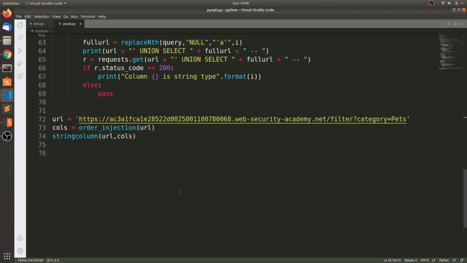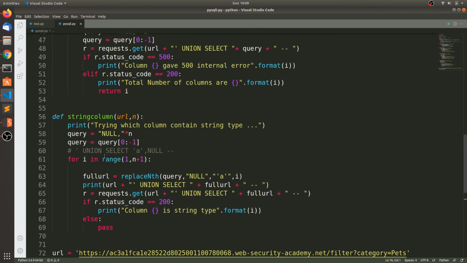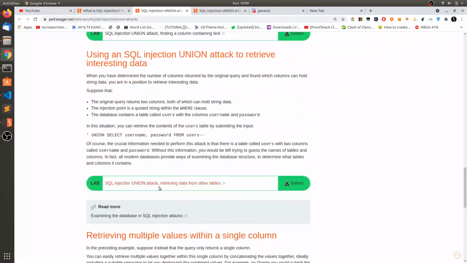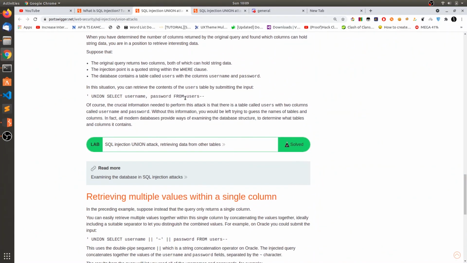So whenever you want to find whether a particular parameter is vulnerable to union or error based, you can just copy this and run this script. So this will do it for you. So that's all for this video. You can also automate this username. I did not do this because in this case we know that there is a table name users. If you don't know, we need to retrieve the user tables via the information schema. So we will be doing that in the next videos.